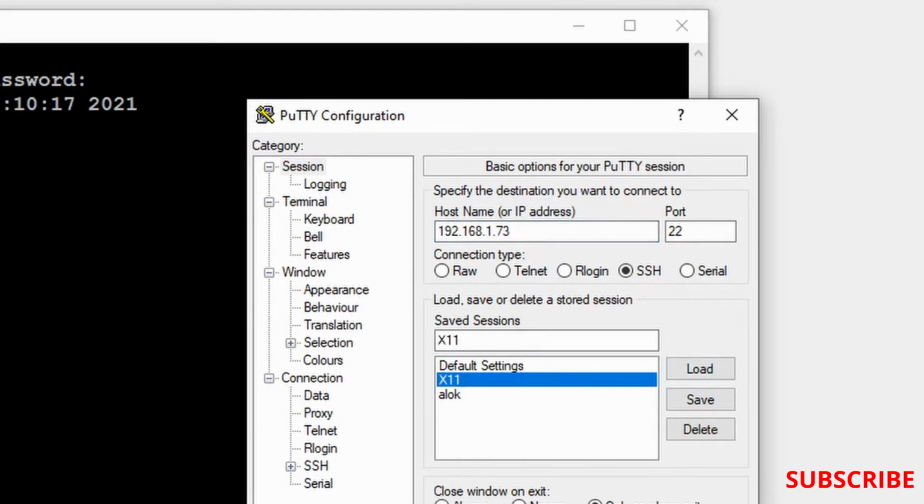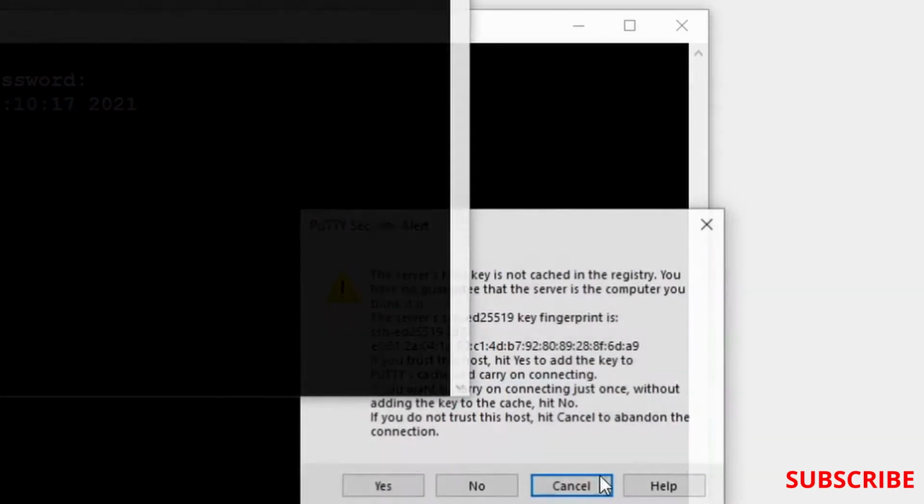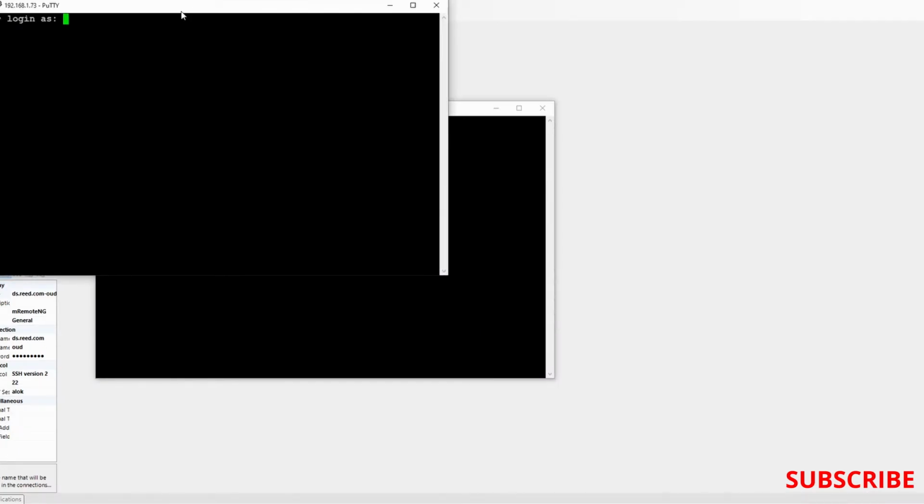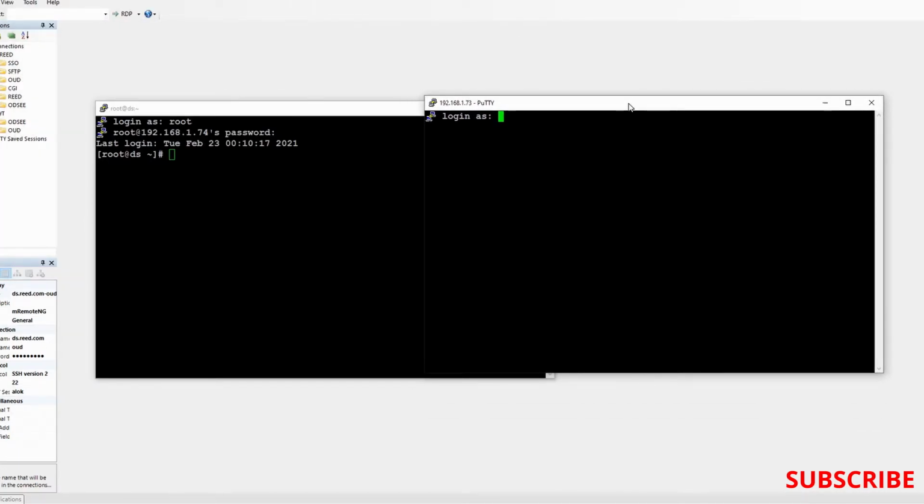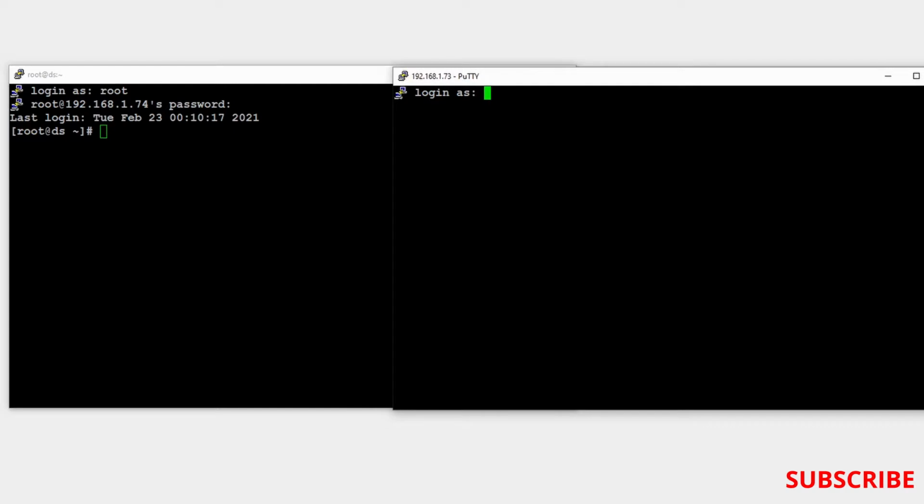So two machines: one with 192.168.1.73 and another machine with .74. Okay, now these are the two machines we have.